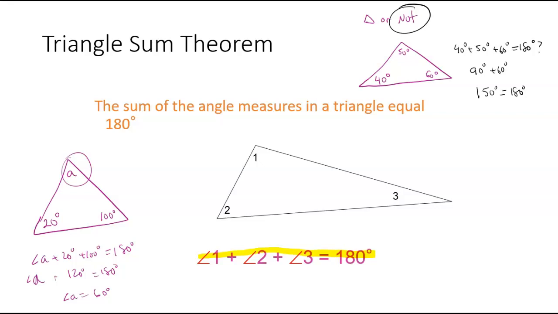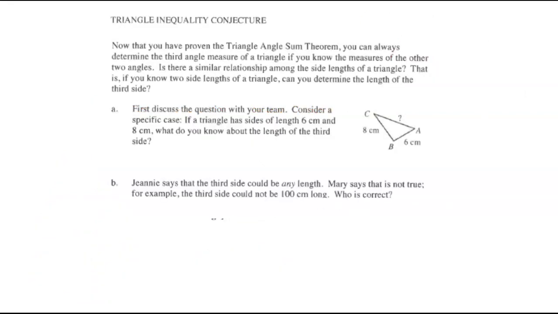Now, if I give you two angles, we can easily find the third angle. Would this work if I gave you two sides instead? So we're going to talk about what's known as the triangle inequality conjecture. We didn't really prove the triangle angle sum theorem, but we want to know, can we use this information to create the side lengths of a triangle? Basically, if you know two side lengths of a triangle, can you determine the length of a third side? That's really what we're trying to figure out. Okay. So when we look at this triangle,